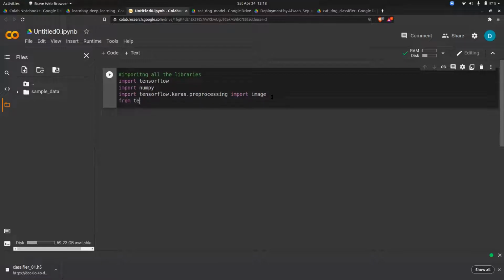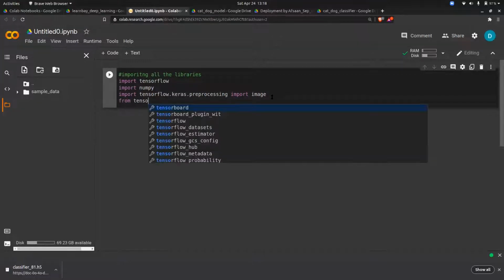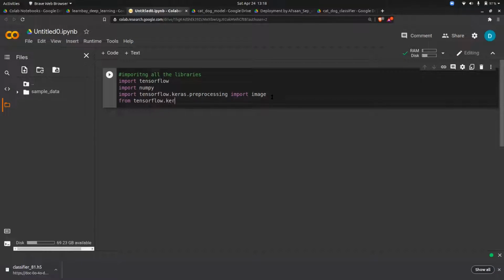So from TensorFlow dot keras. Basically, what I'm doing is importing all the important libraries. Now tell me, I'm using Conv2D, that is a convolution network. So what all things are required to create an architecture? I'm just putting layers and import. Now you tell me what all functions are required to create a convolution architecture.